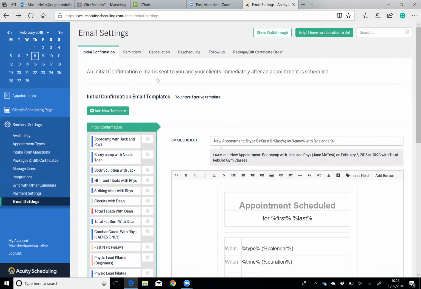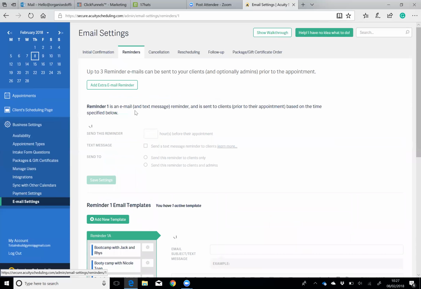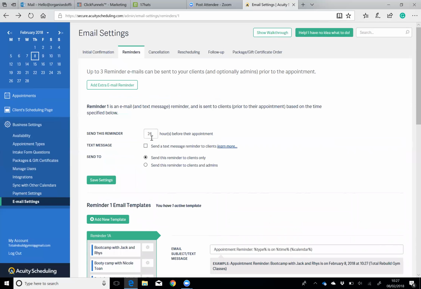Email settings, so you can create customized reminders to go to the customers. So when they purchase the appointment type, they will get this standardized confirmation of thank you for booking, here's your information. There will be a reminder that can go out 24 hours. We can set that to different times. We can set that they get a text message to remind them. We can send it to the clients only, or we can send it to the client and to the admin